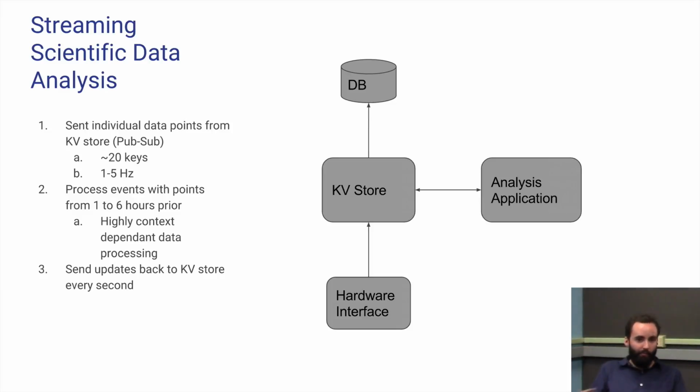It comes through a key value store, and I have a pub sub connection with the key value store, so every time a key changes, I get an update. I process those updates. Sometimes they come in at 20 times a second for some temperatures. Sometimes pressures come in once every few minutes. The whole application is reading this data in, performing scientific analysis on it, and spitting that back out to keys on the value store, where the only real requirement is that values need to come out every second to keep a continuous stream of data going.